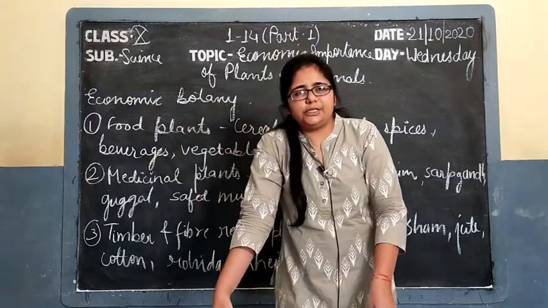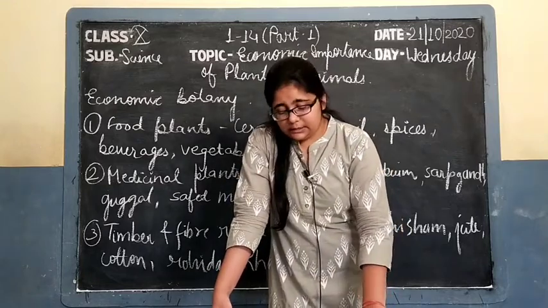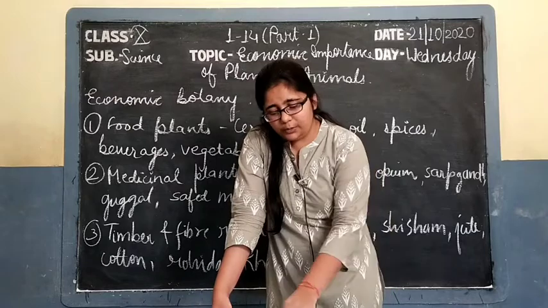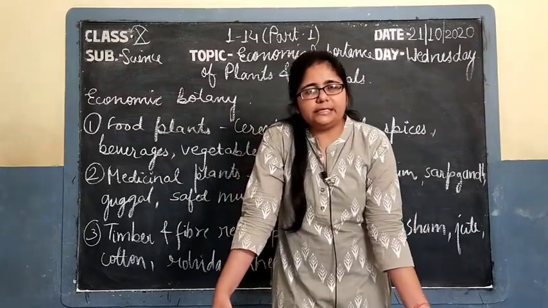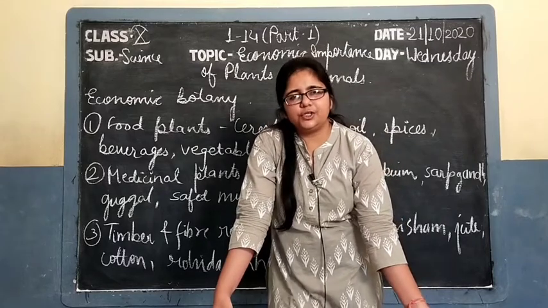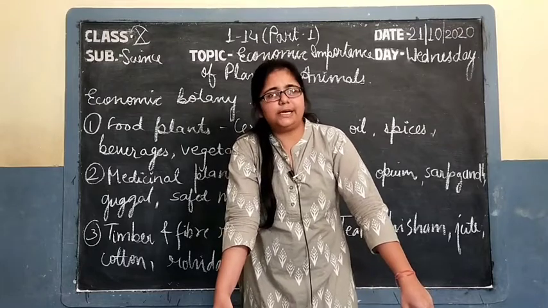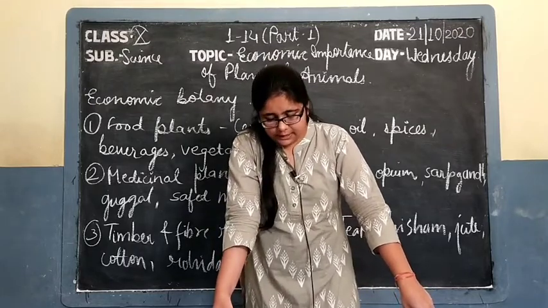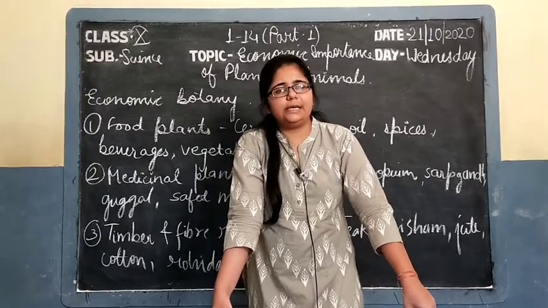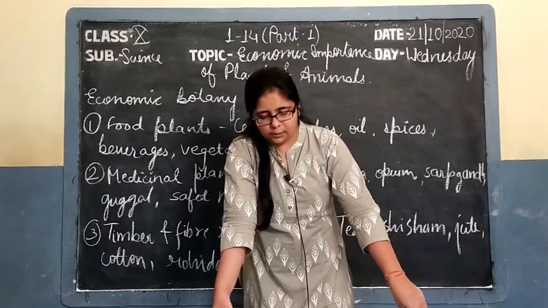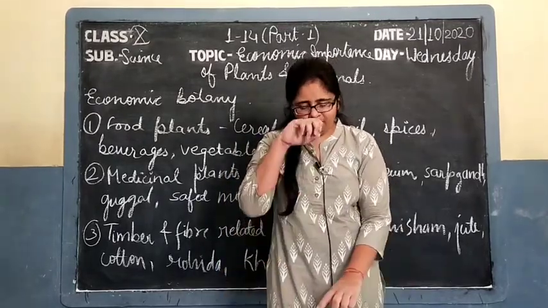You have studied in genetics that the scientist Gregor Mendel did his experiments on the pea plant while explaining the laws of inheritance, that is the law of dominance, segregation and independent assortment. He used the pea plant, whose scientific name is Pisum sativum. Then groundnut, that is Arachis hypogaea. The word hypogaea indicates that it is grown inside the earth. You might have seen groundnuts, and India is the largest producer of groundnut in the world.